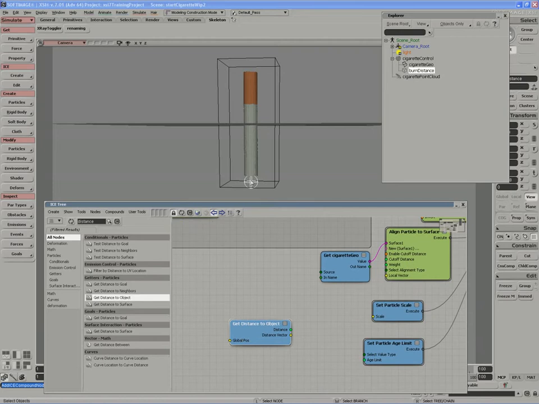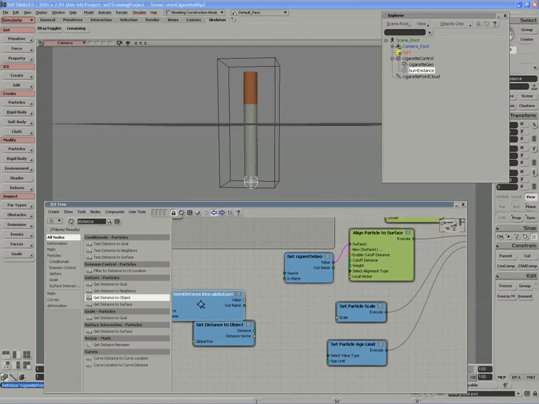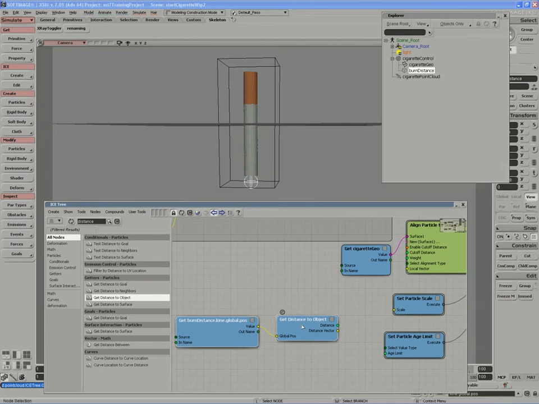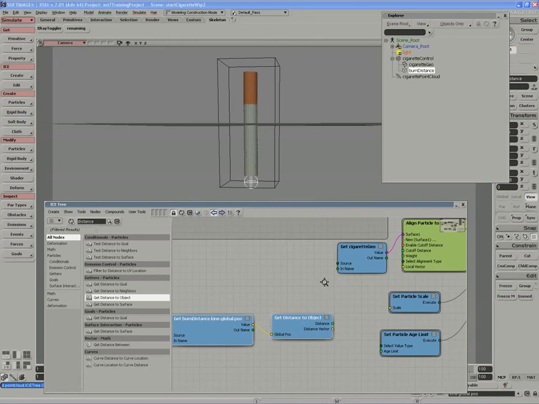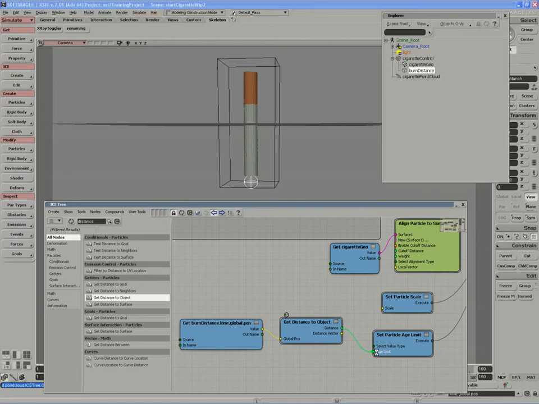So if we look at the burn distance object, I'll press F3 and open up its kinematics global transform and drag its position into the graph and feed that vector output into the distance to object input. From that, we now get a distance between our object and the particles. If I output the distance into the age limit,